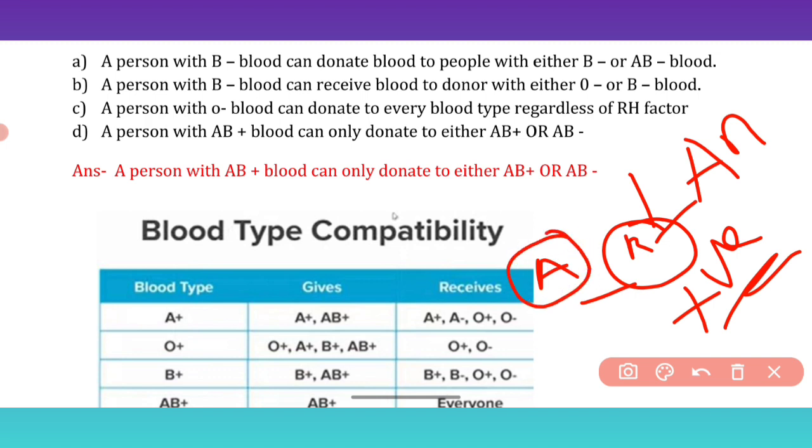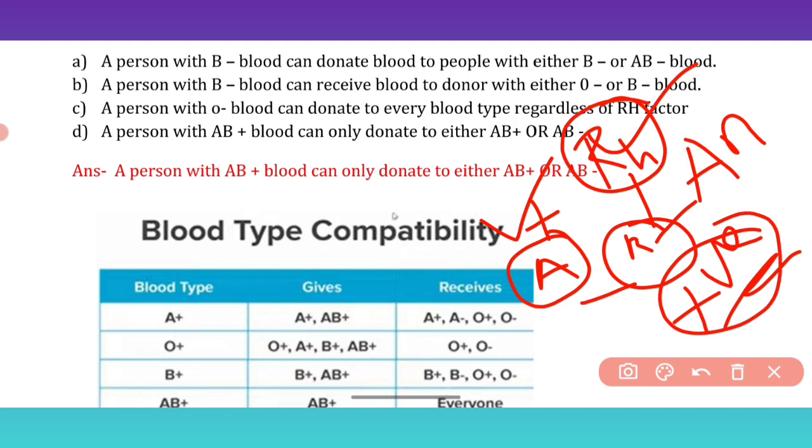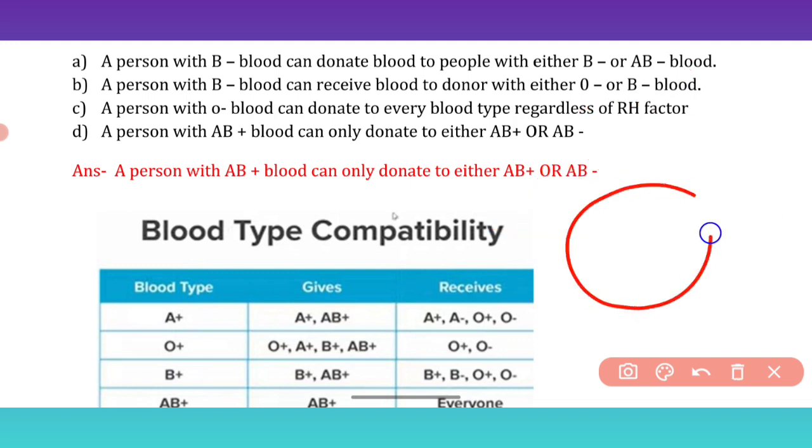Consider this is the patient who is having A positive blood group. So A positive is one antigen and RH antigen will also be present for this patient. So RH and A positive, these two antigens will be present for the positive blood group people, whereas for negative